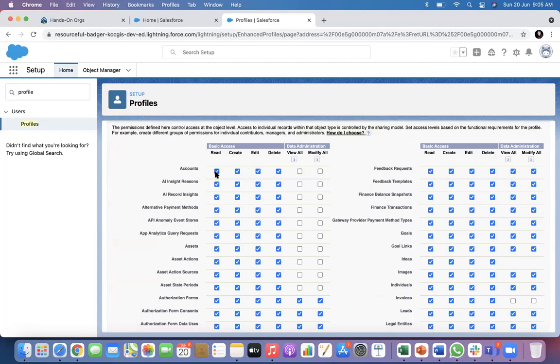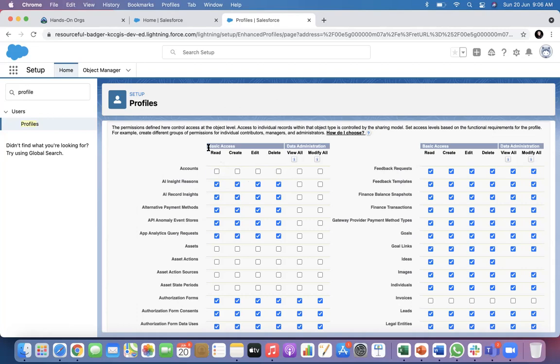So let's talk about account. If I take away permission, you see the read is a basic access, right? If I do not have any permission and I click only create, then you see read and create both come in. If I take out create, it does not affect read. But if I take out read, then create is also gone. So create and edit have a dependency on read. Same with edit: it may be taken off, but if I take away read, edit will be gone. Same with delete. Delete has two dependencies, edit and read. You can take out delete permission, but if you take out read permission, delete is gone. If you take out read permission, everything is gone.